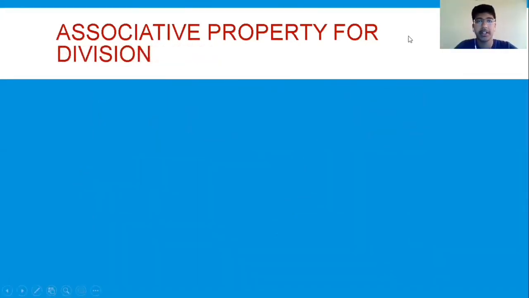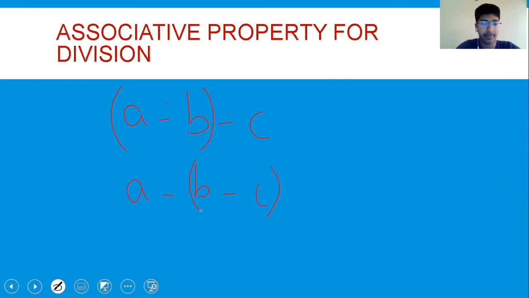Now, why does the associative property not hold good for division? Let's take the examples like last time: A equal to 1, B equal to 2, and C equal to 3. So there are two ways in which you can write this: A divided by B divided by C, and we group the terms A and B, or the second way where we group the terms B and C. Let's take the first way, A divided by B divided by C. Now let's try and solve it. So by substituting the values of A and B, we get 1 by 2, then divided that by 3. So that's equal to 1 by 2 into 1 by 3. That's equal to 1 by 6. So by using the first way, we have got 1 by 6.